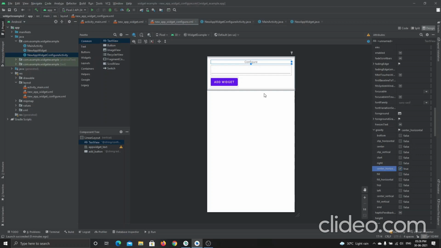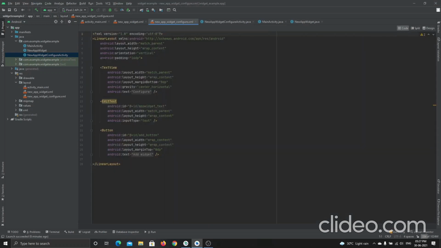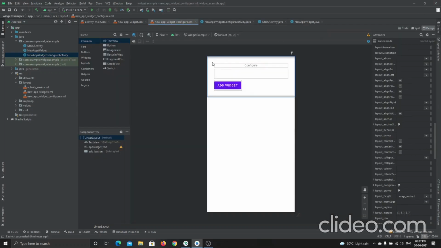Okay, see, it placed. And if I want to add some padding, or if I want to change the padding of this linear layout, I can do it. You can directly do it by selecting this linear layout's attributes, or you just go to the code and see here there is one text view, one edit text, and one button. Okay, in this linear layout I will just change the padding to 32 dp, and let's go to the design part again. See, it just shifted its padding to 22.